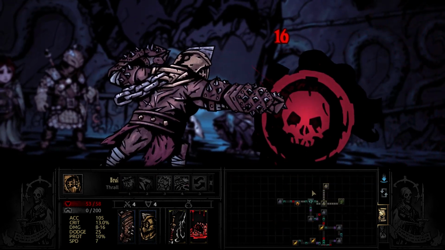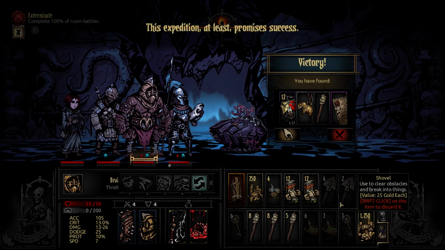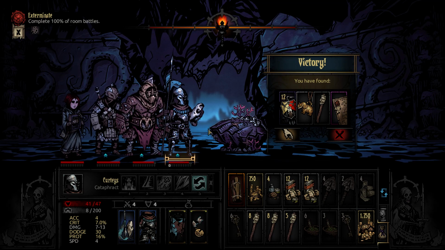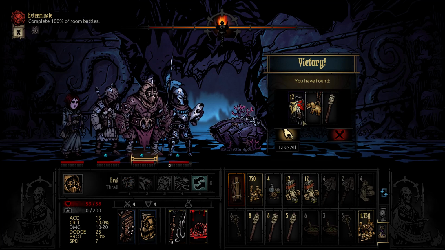If that is still needed. Nope. Should have taken that into account, and now I didn't heal the bleed, but at least promises success. We'll do it this way. Whatever. Nightmare can become material. So, it doesn't work on him, as we already gave it to him. Let's then give it to this guy, because...